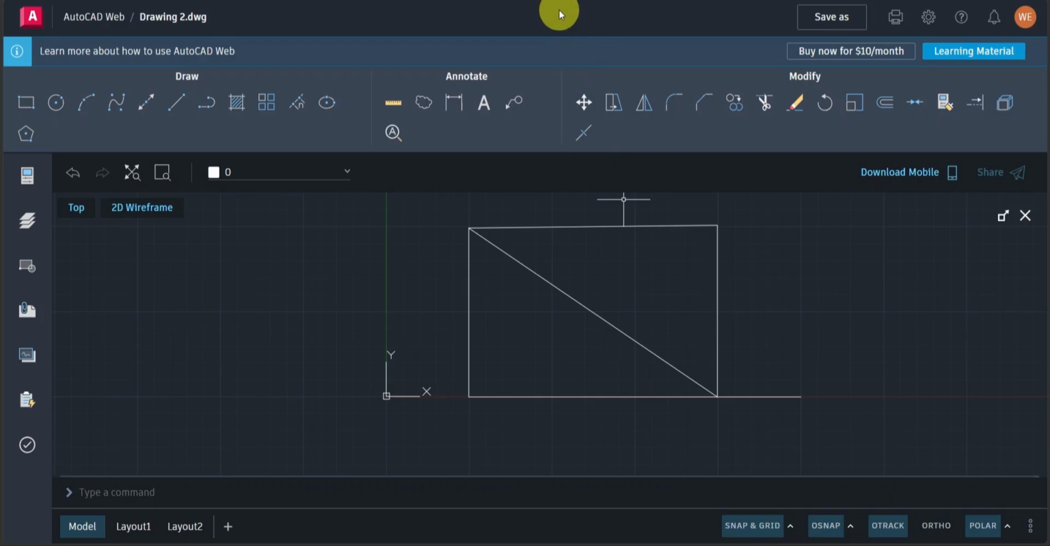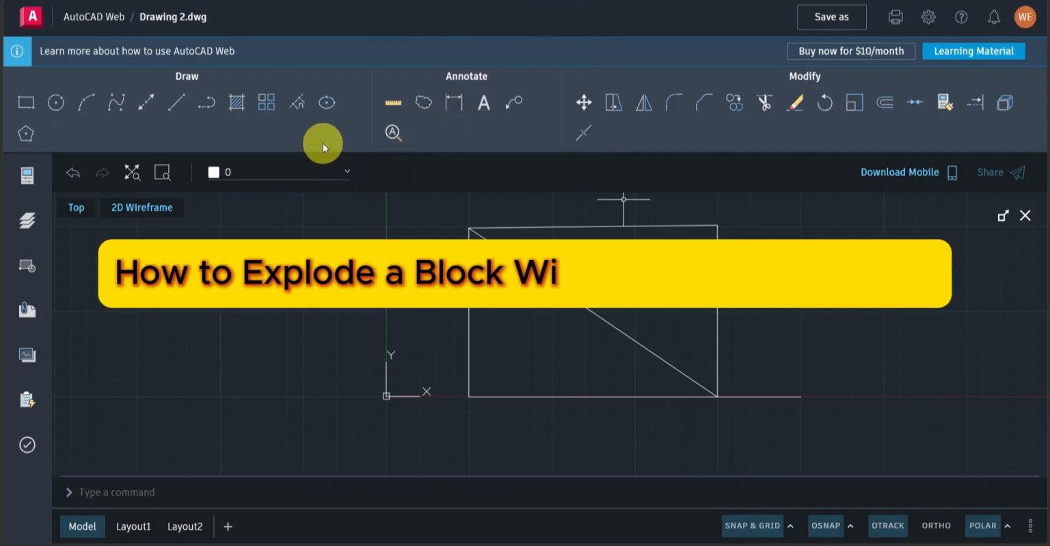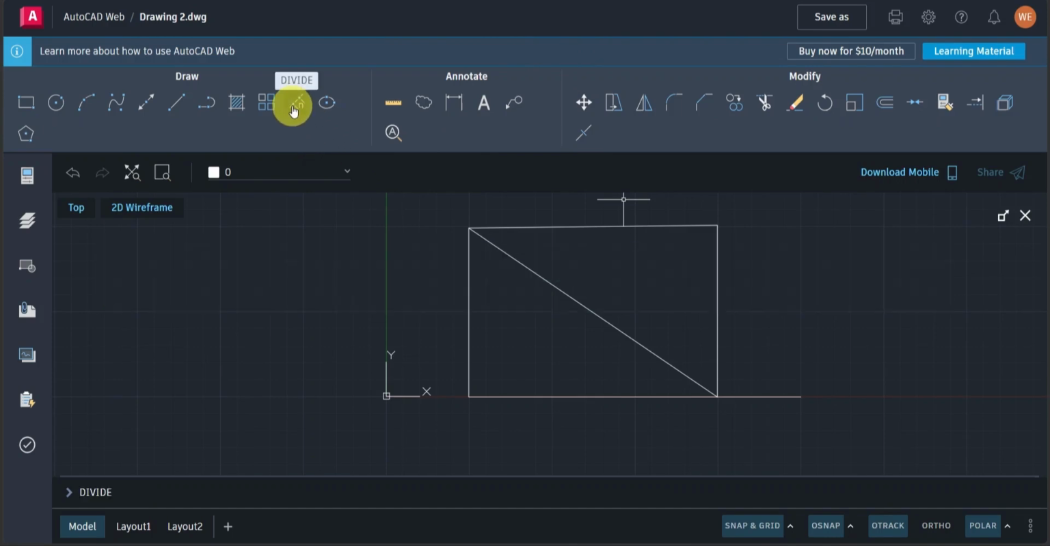In this video, we're going to show you how to explode a block without losing attributes in AutoCAD. Blocks are extremely useful for organizing repetitive objects and keeping drawings clean and efficient. Many blocks also contain attributes, which are pieces of information, such as part numbers, labels, room names, equipment tags, or